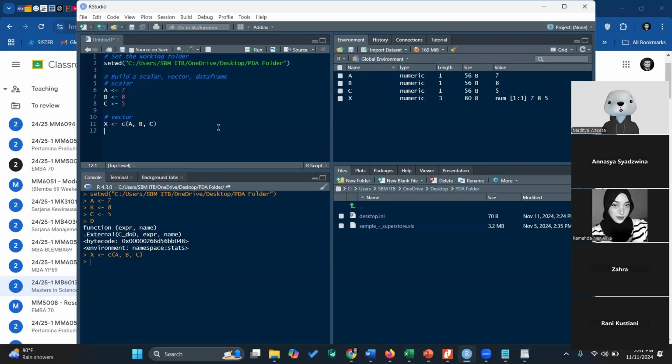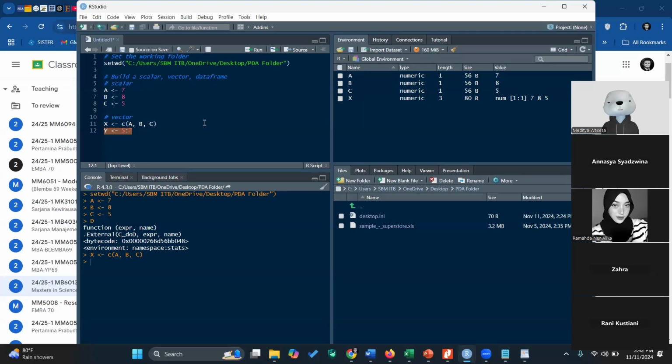I will build another vector with the value of, I will not build it one by one. So I will build y with values from 5 until 7: 5, 6, 7, for example.